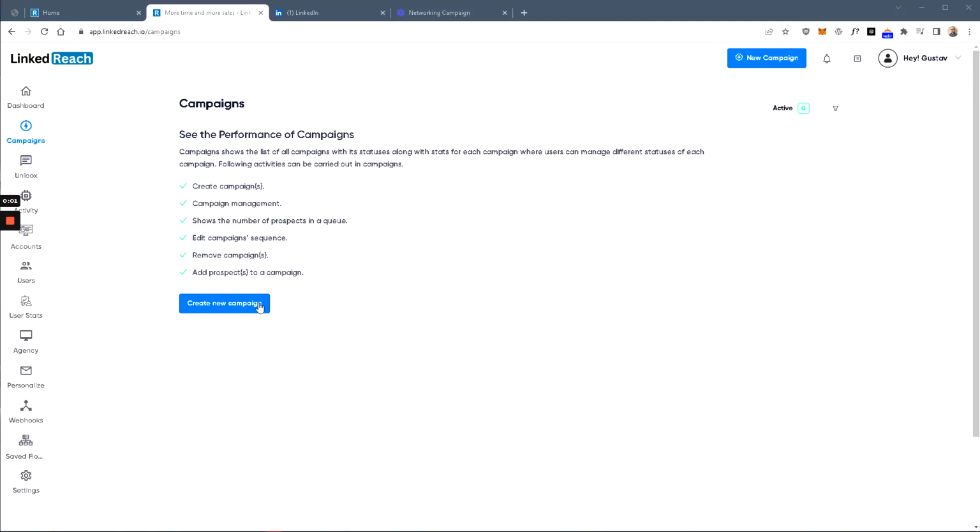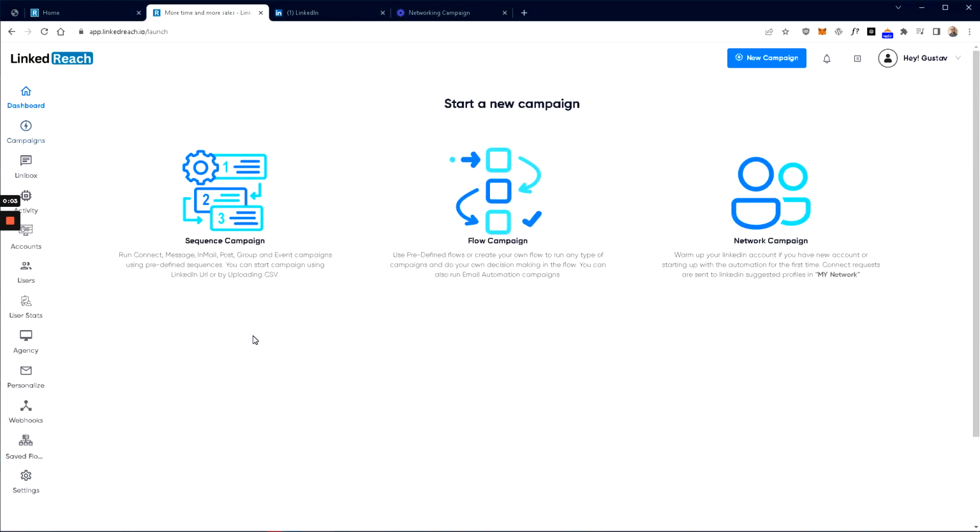Okay, let's show you the sequencing campaign. Sequencing campaign is quite straightforward. It allows you to send multiple LinkedIn messages to the same person, whereas Flow campaign allows you to connect with email and other software such as Replic. But if we just go with the sequence campaign,